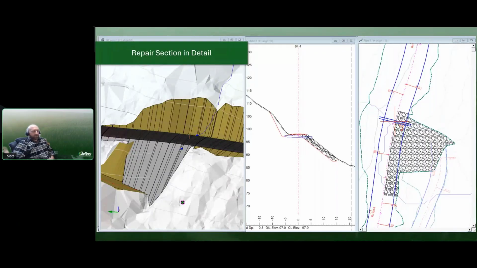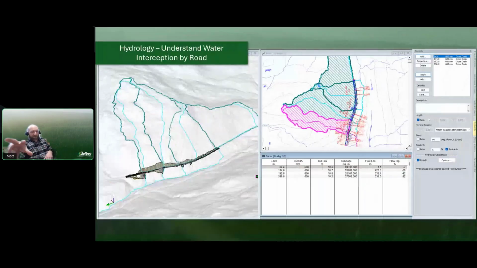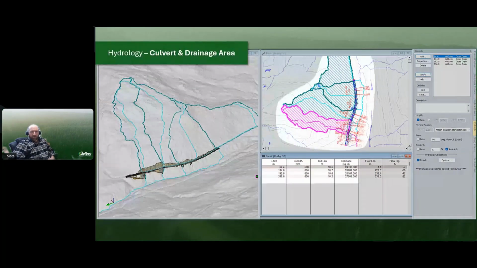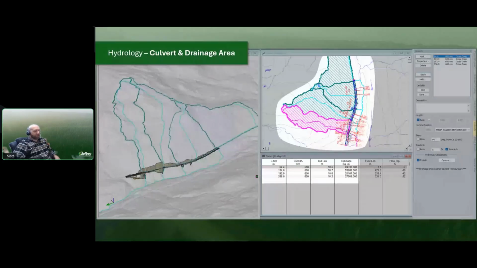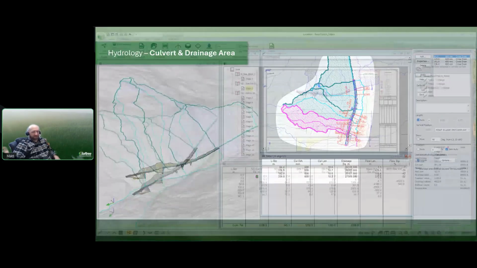And we can run those hydrology tools in version 12 right in location. With that, we can calculate our drainage area to every culvert inlet, and not just consider that topo surface before the road's there, but incorporate the ditch and see, okay, that much water is being intercepted. Okay, we can size our pipe accordingly. And we can have it all reported in real time as you're designing.